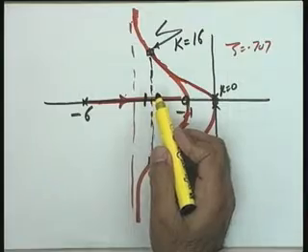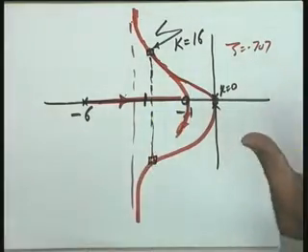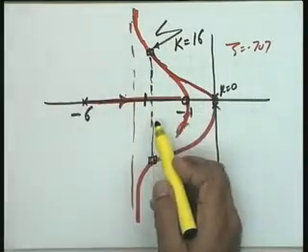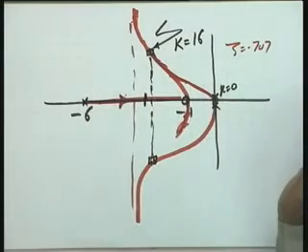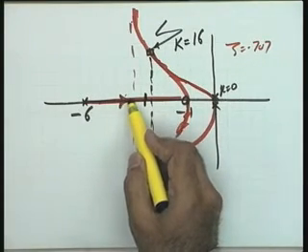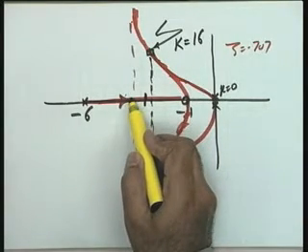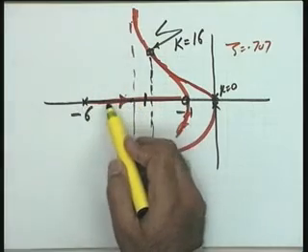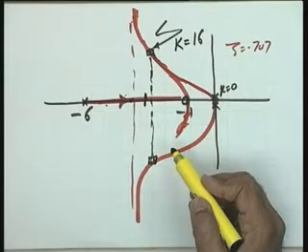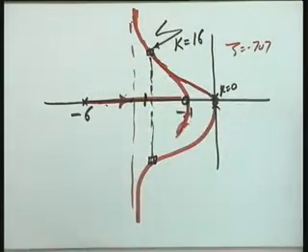I am saying that not only clues I am giving, which may not work in this example. In general, the clues are the following. If possible, place your 0 in the region to the left of this vertical line and not to the right. The reason, I hope, is obvious. If the 0 is there on the left, a root locus branch will terminate on the 0. So it means the third pole will lie to the left of this particular 0, and hence the dominance condition has a fair chance to be satisfied. Okay? In this particular case, since the 90 degrees requirement was there, you could not place it.